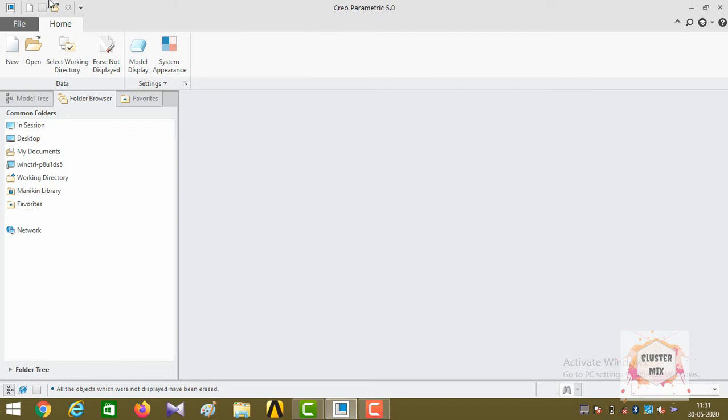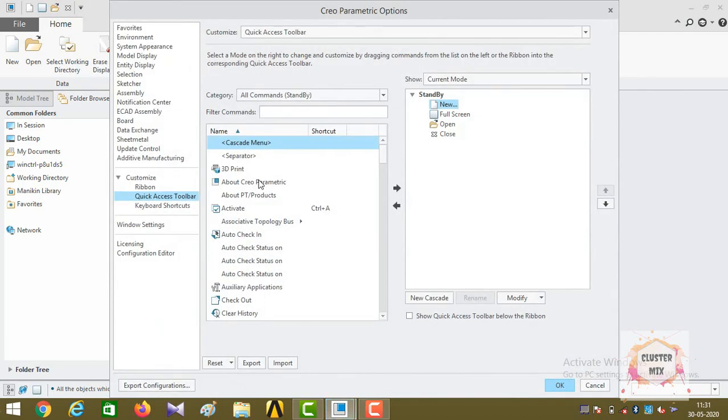To customize the quick access toolbar, click the drop down button from the quick access toolbar and click on more commands. On the left side it shows a list of various commands which are available, and the right side shows the various commands which are existing in the quick access toolbar.